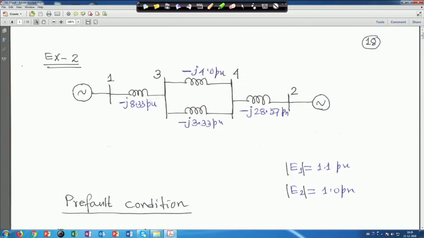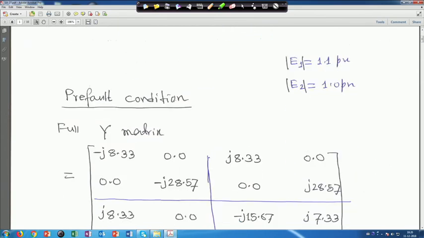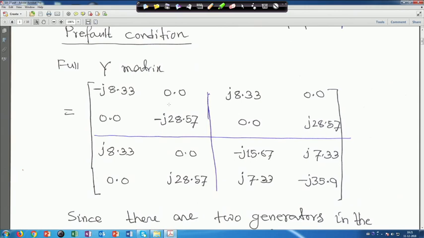Easily you can make it, all small y you can calculate, small y 1 1, y 1 2, y 1 3 like this up to y 4 1, y 4 2, y 4 3, y 4 4. Then capital 1 1 is equal to the sum of all small 1, and the off diagonal will be minus of small 1, right. This way you can construct the full matrix. After this we have partitioned it, right, and in this example this is your YNN, and this is YNR, it is a 2 into 2 matrix, all are 2 into 2 matrices. This is YRN also a 2 into 2 matrix, and this is your YRR, also a 2 into 2 matrix, right.